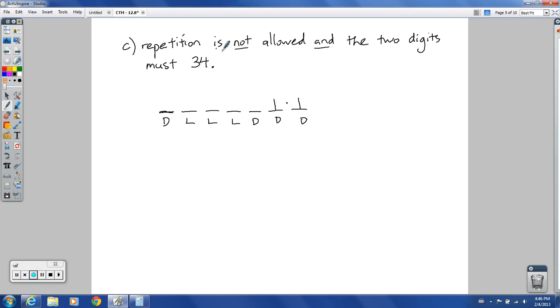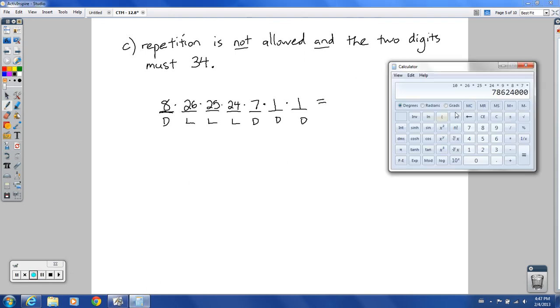So repetition not allowed. That would mean for the first digit, would you have 10 digits to choose from? No, because you've used 3 and 4. Those have to go here. So you cannot select 3 and 4, meaning that you have 8 more digits left to choose from. So 8, and then this one is going to be times 7 right here, because you can't use whatever you pick there. You can't use that anymore, so you're going to have 7 choices there. These are still the same as before, the 26, 25, and 24. And so now we multiply this all together,